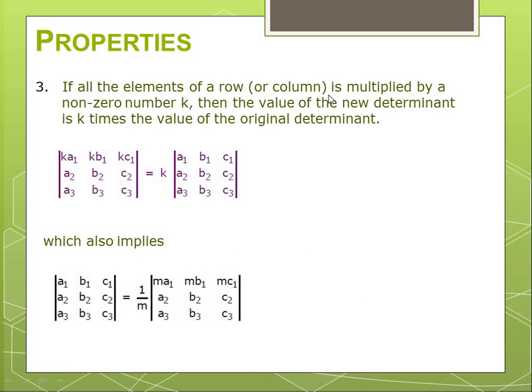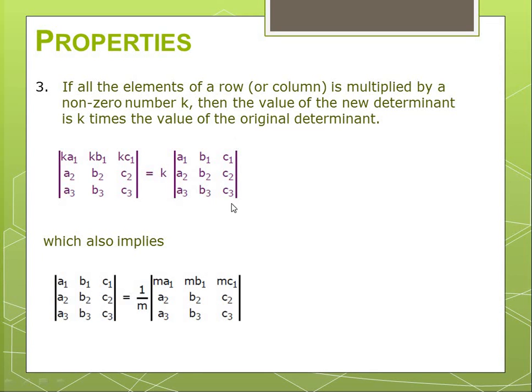Next property: if all the elements of a row are multiplied by a non-zero number k, then the value of the new determinant will be k times the value of the original determinant. In this case, this is the determinant in which all the elements of the first row have been multiplied by the non-zero number k. So if I take this k out of this determinant, then it will be equal to k times the determinant of A1, B1, C1, A2, B2, C2 and A3, B3, C3. Which also implies that this determinant can be written as 1 by k of kA1, kB1, kC1. So if I take k as common from the first row, then it will be